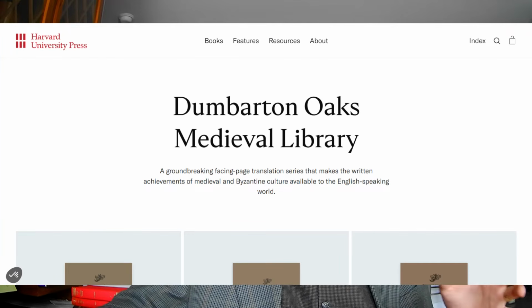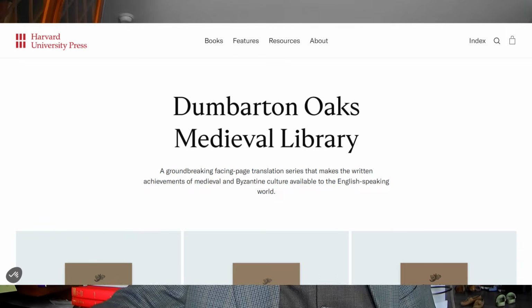The more time you spend reading these texts, the easier they will get, and that will free you to start attempting more challenging texts. The Dumbarton Oaks Medieval Library publishes facing page translations, which are excellent intermediary learning tools. You read a bit of Old English, you read the translation to see what it means, and then you read the Old English again, finding that this time around you understand it a lot better. All the while, you should be trying as hard as you can to converse in Old English and acquire that kind of internal understanding that I was talking about.